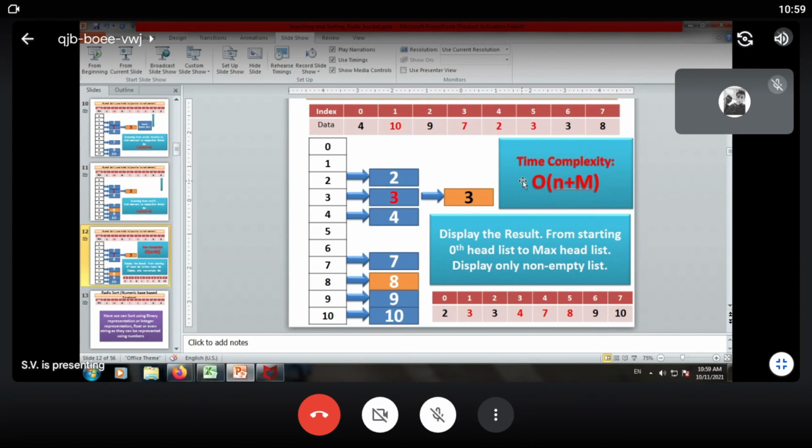We can say it is a non-comparison method, and we are not using any exchanges over here. We are just updating the list or appending to the end of the contents. So I hope the session gave you some important information. Yes, participants?